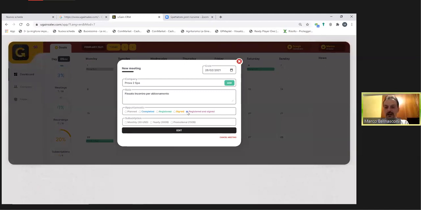And I pick which one: monthly, yearly, or promotional. So the pop-up menu, the drop-down menu, will appear if you choose either orange or purple, which is both signed, and registered and signed. And you can check the box whether they paid a monthly subscription, a yearly subscription, or it was a promotional